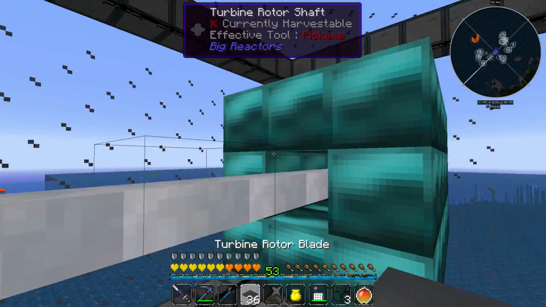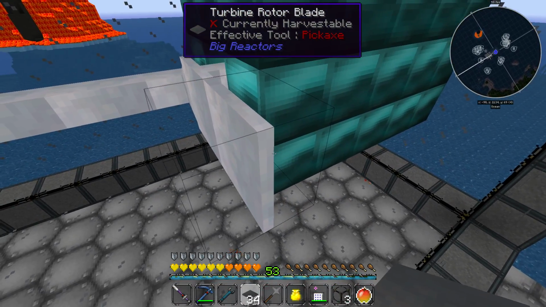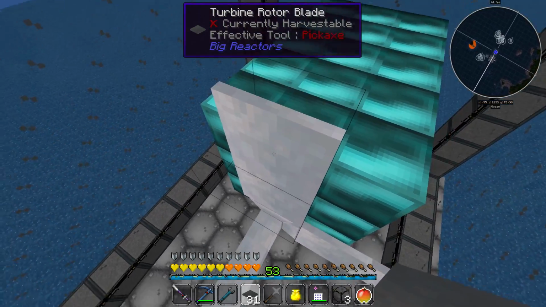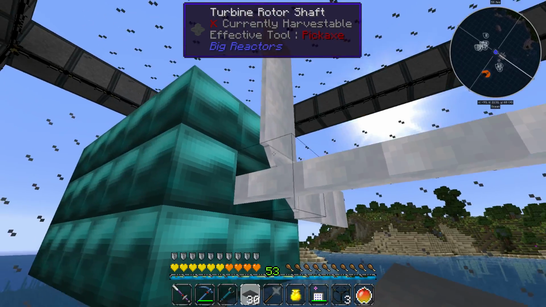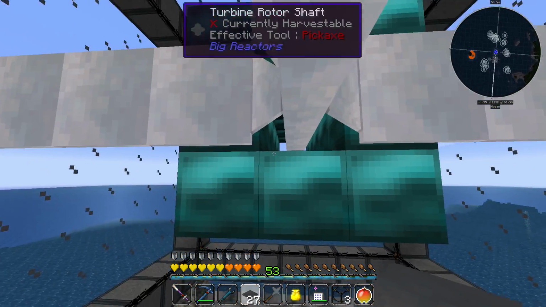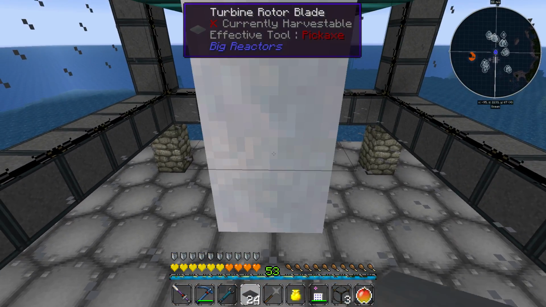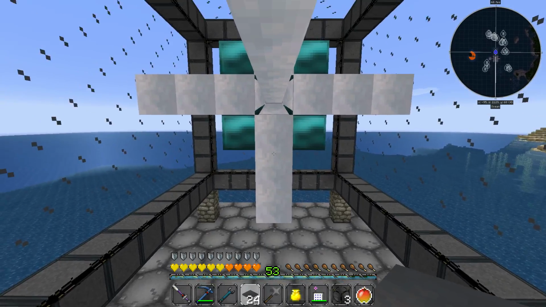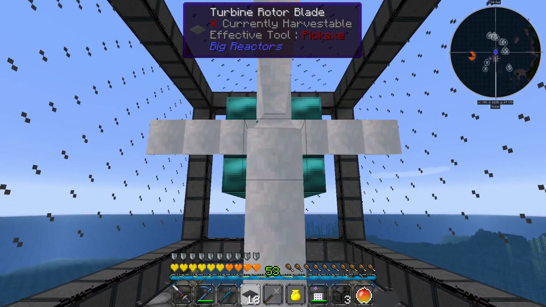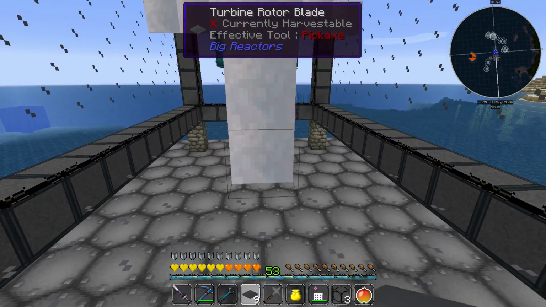Now we have to place down our blades. Bam. Bam and bam. Of course, another one on this side. And of course also facing down. Nice. So we can put them all over the place, or on to the back side,